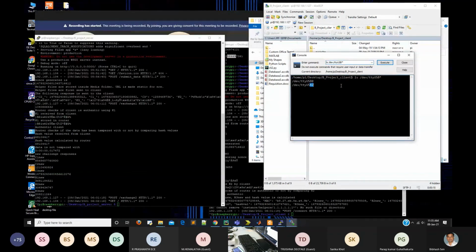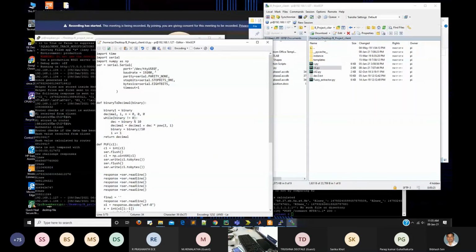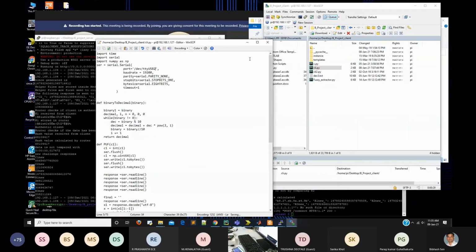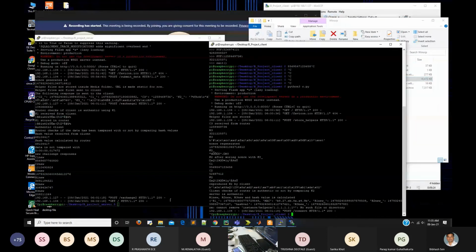Now it is changed to USB 2. So according to that, I will change my code. It is USB 2. Save it. So now again I will run the client and server.